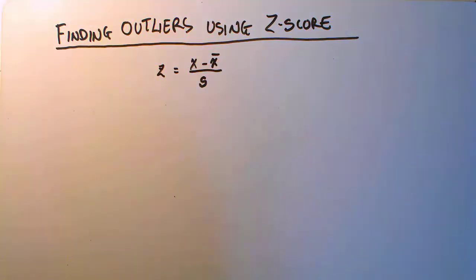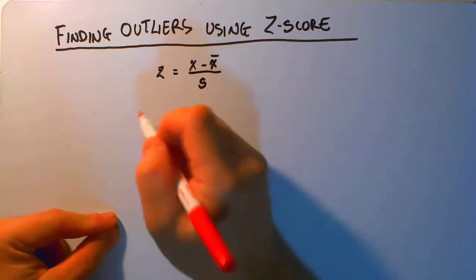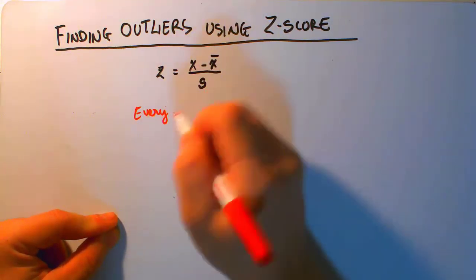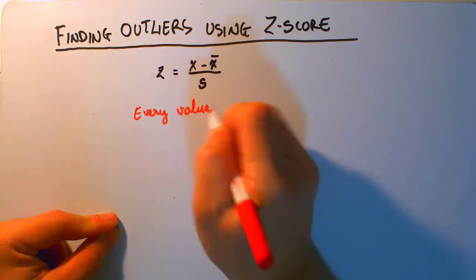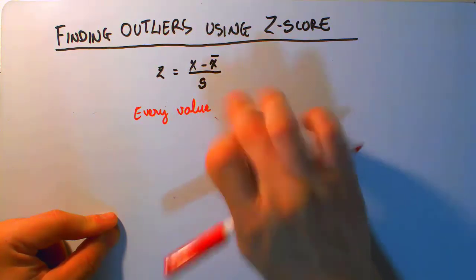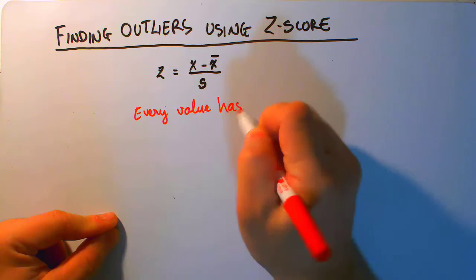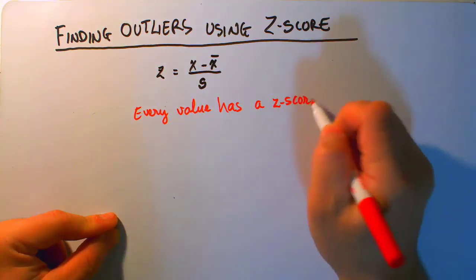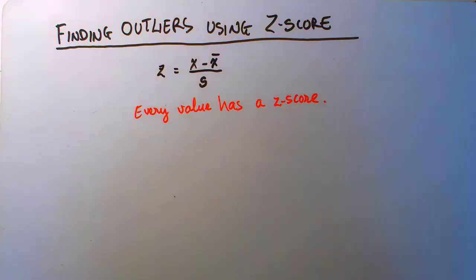Another reminder is that every value has a z-score. And so in that way,